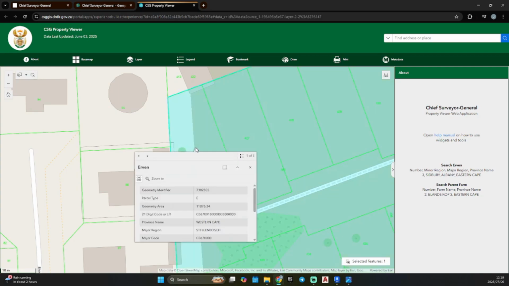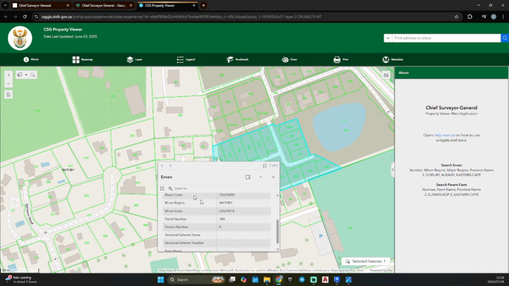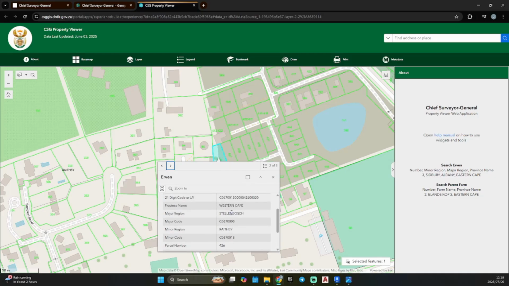If you click on the property, you'll see it highlighting the entire segment that has been subdivided. For us to get to just our property, click these little arrows and you'll see it highlight only our property. These details here are the important ones we need for that specific property to find our SG diagram.